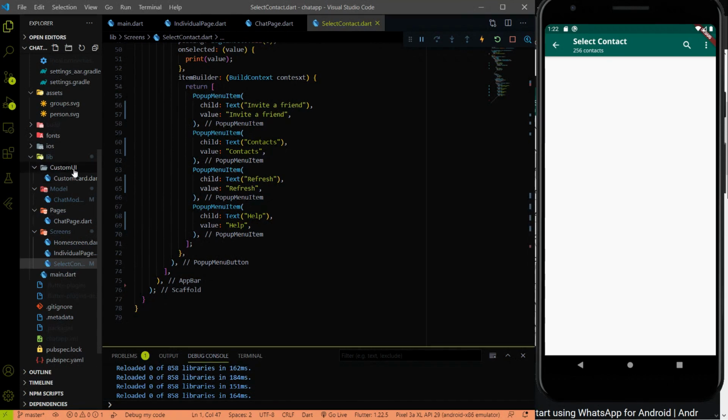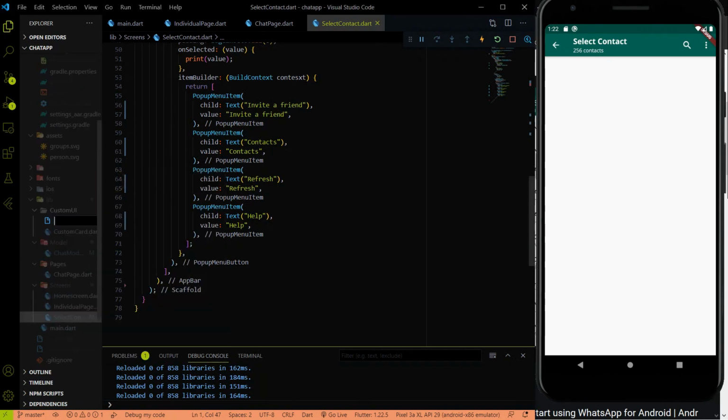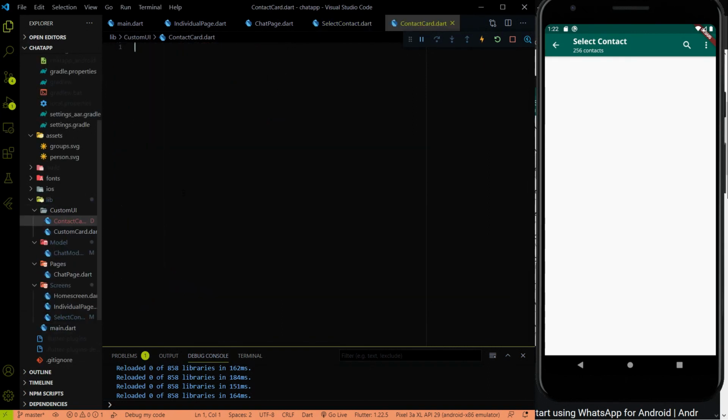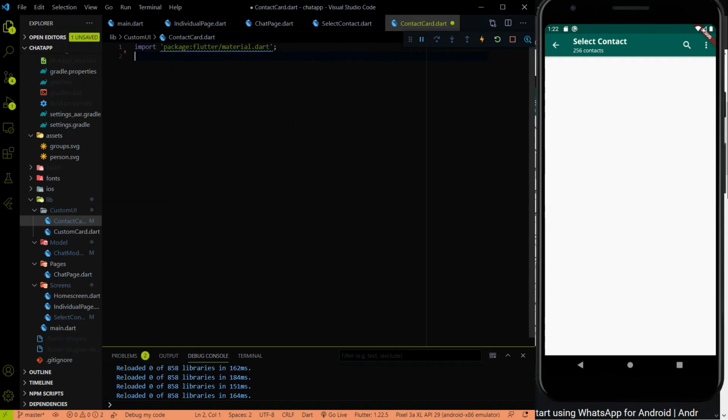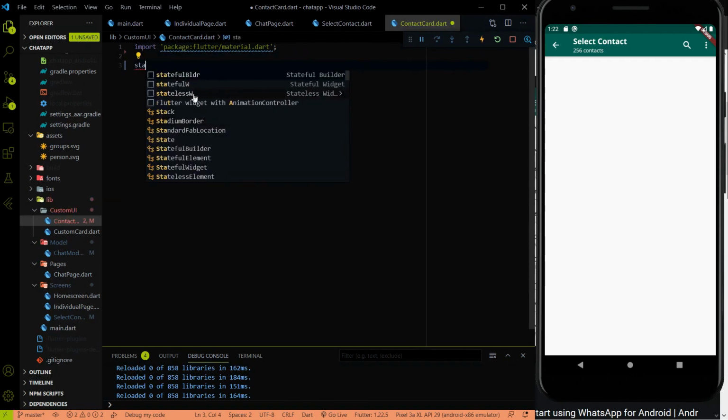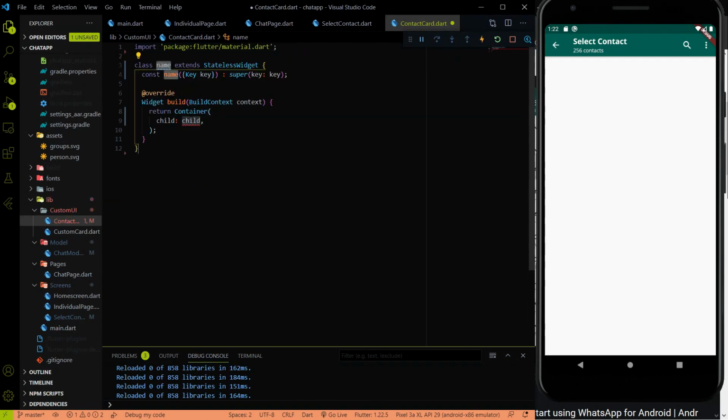So I'm going to create a new card, which will be a contact card dot dart. And let's create a card, and first let me import the material.dart package, and let me create a stateless widget, contact card.